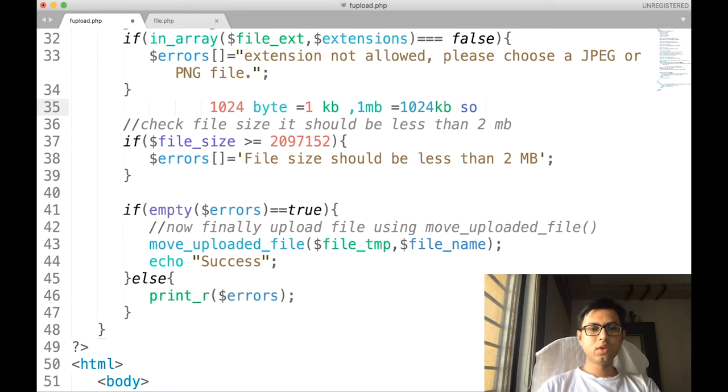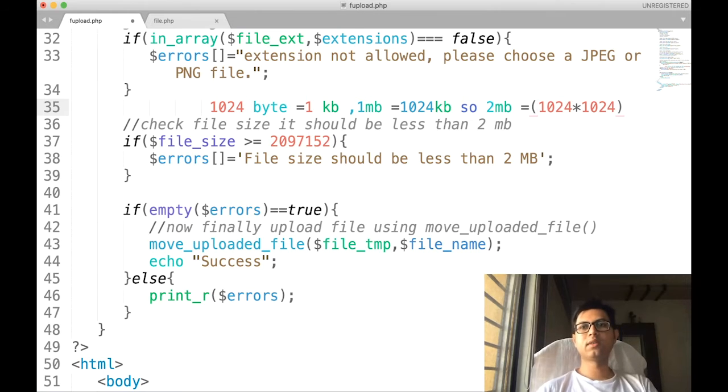So 1 MB in terms of kilobytes is 1024. If you want to convert it into bytes, then we have to again multiply it by 1024.